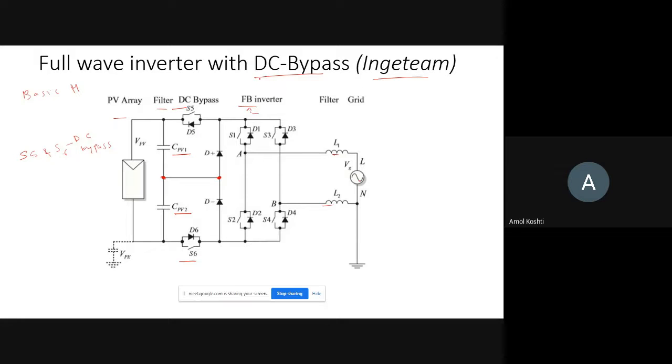So why DC bypass? To produce a zero level output is also important at the end of this inverter. And to produce the zero level, we have to bypass this input DC. In earlier topologies, we connected some system at the AC side and bypassed that DC. So here they are connecting it on the DC side, and they are bypassing this DC, and that is how the output is produced here.